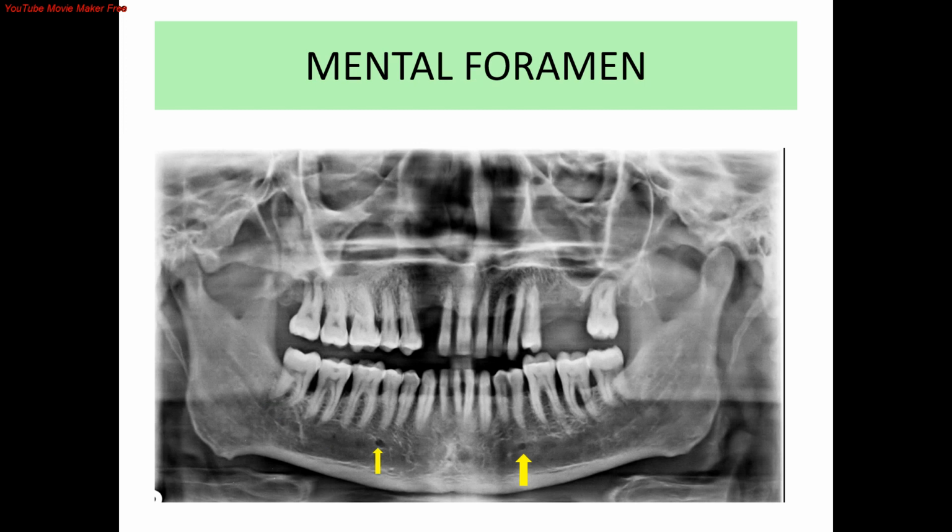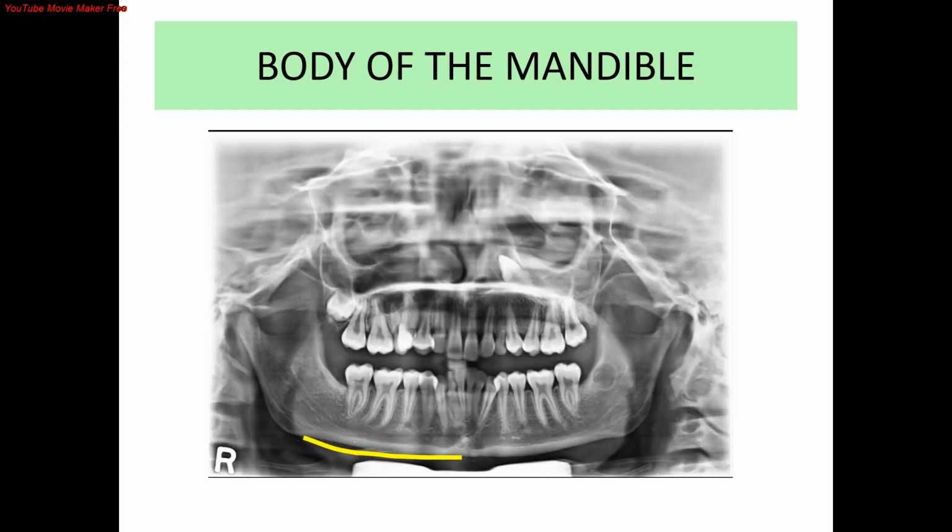Canals usually rise to meet the mental foramen, often looping several millimeters anterior to the foramen, and this is very important while implant planning. Mental foramen appears more or less rounded with a slight corticated border shown by yellow arrow. As the mental foramen opens obliquely upwards and backwards, it may not be seen at all in some cases, at least not clearly. Between the ramus and symphysis menti is the body of the mandible.